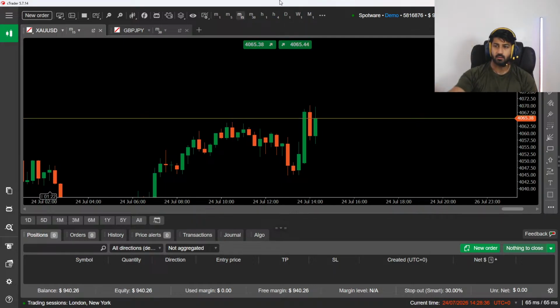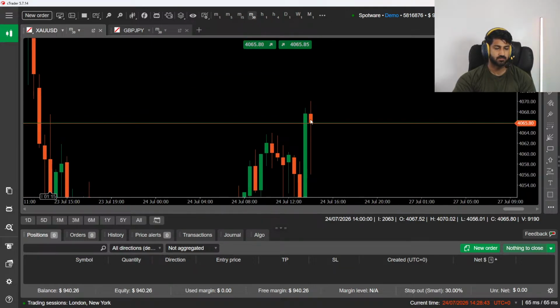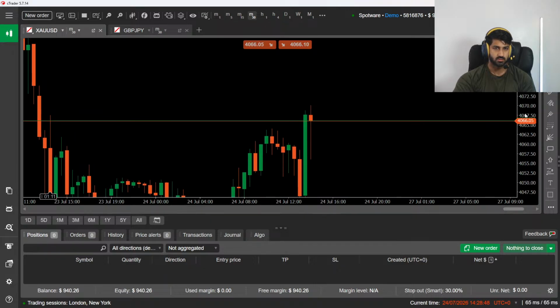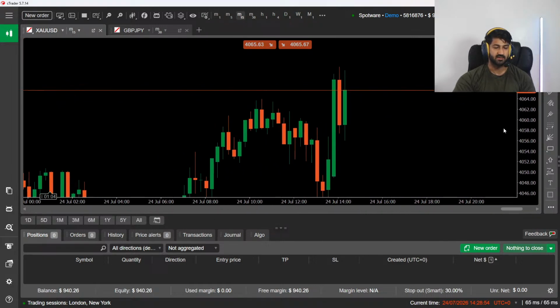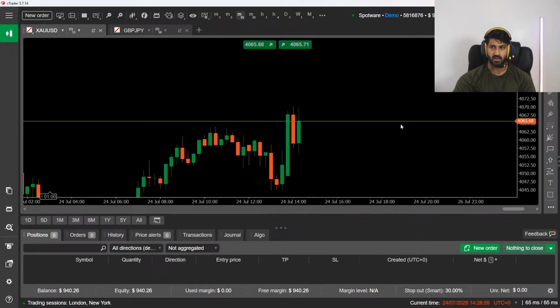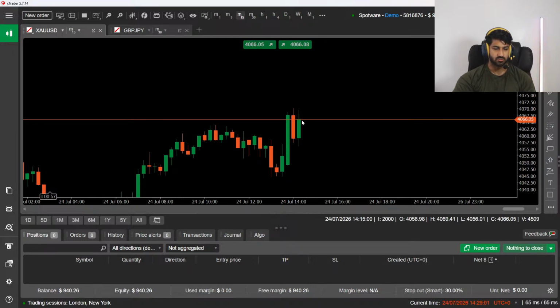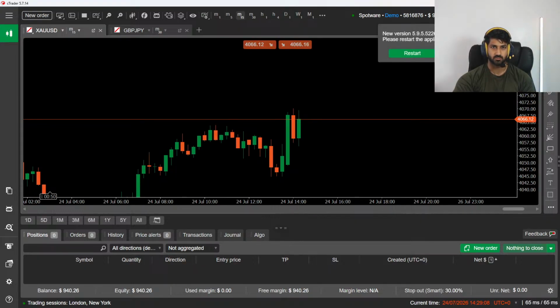So just waiting here for price to close. Ideally, I want price to close bullish, but let's see. If the 30-minute closes bearish, then I can't just enter buys. I would have to wait for price to create a lower wick, and then as it is breaking its own high, I'll enter for price to continue to push up.